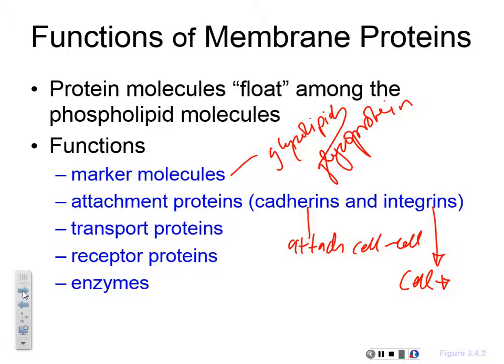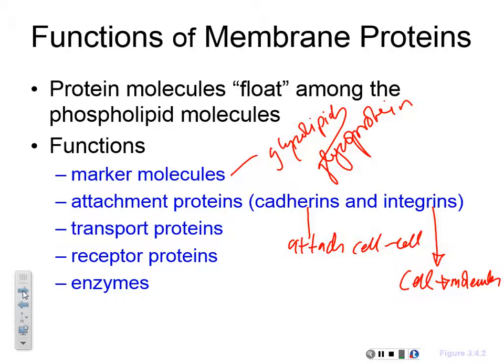Well, other molecules. Yeah, they attach to other molecules, other small molecules. Okay, so they attach to other small molecules. And when those small molecules attach to the integrins, they also have a way of affecting what happens